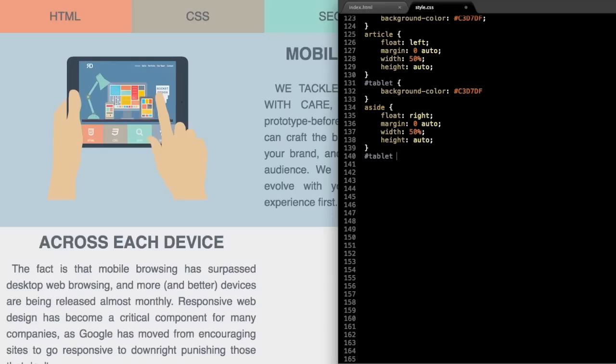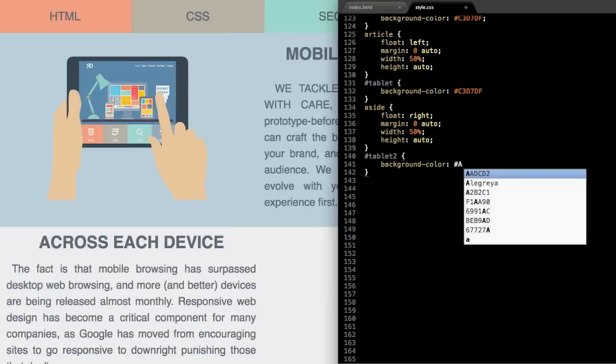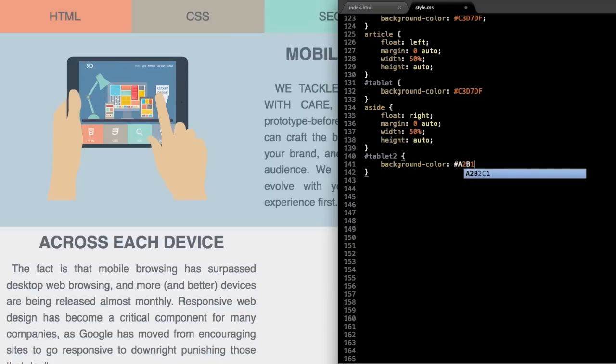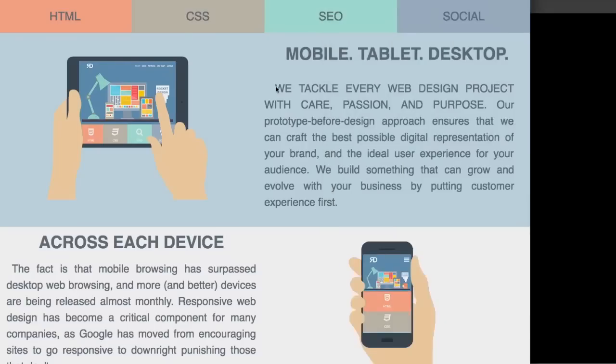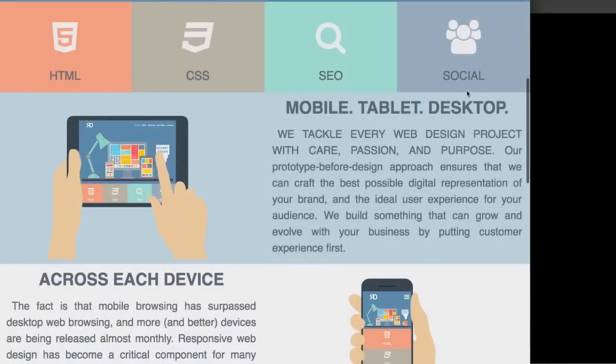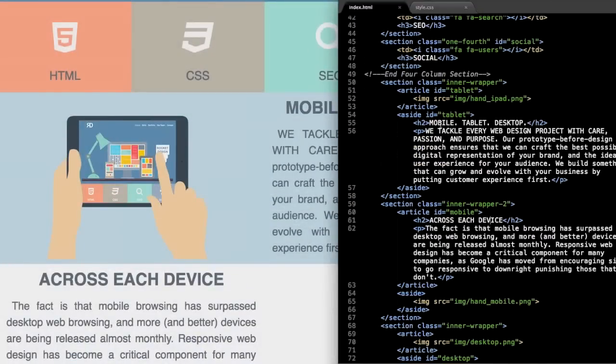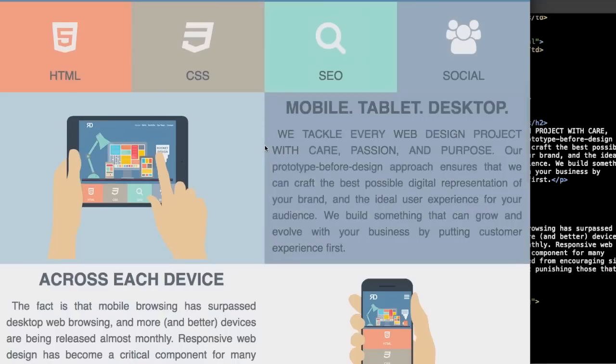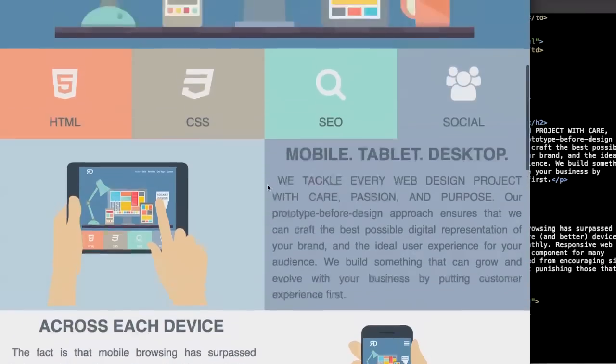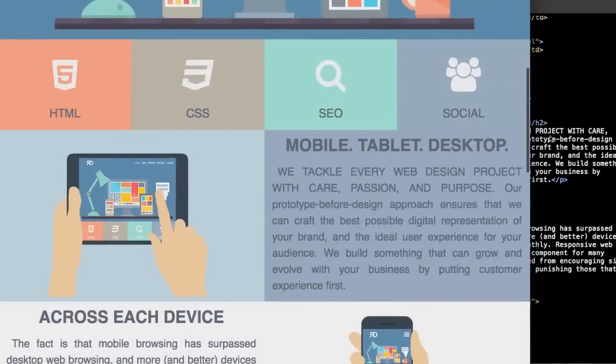Okay, so now let's make a second tablet ID here. So we'll just call this tablet 2, and let's give it the background color of A2B1C1. Okay, so now we just have to go over to the HTML real quick to change that ID for the aside. So on aside ID here in the first inner wrapper, just make it tablet 2, and there we have kind of that